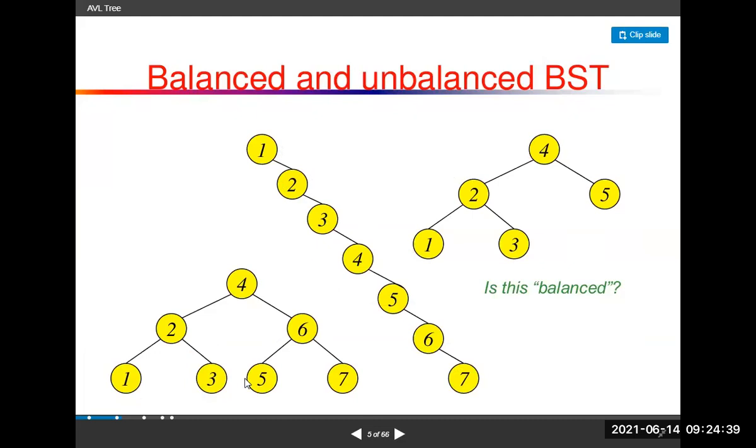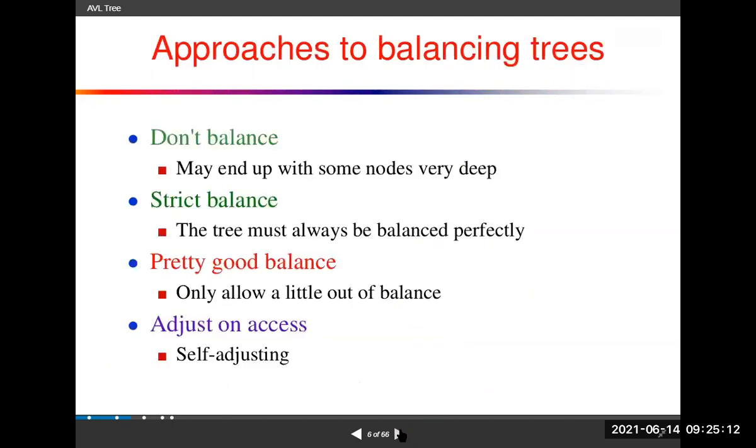After this, if you perform rotation, the height of the tree is decreased. So here I perform only a left rotation, and the height of the tree becomes 0, 1, 2. If you want to search at height 2, you can find it. But here, you have to go to height 7 to find the value. For this purpose, we are using balanced trees. One of our balanced trees, we call it an AVL tree.